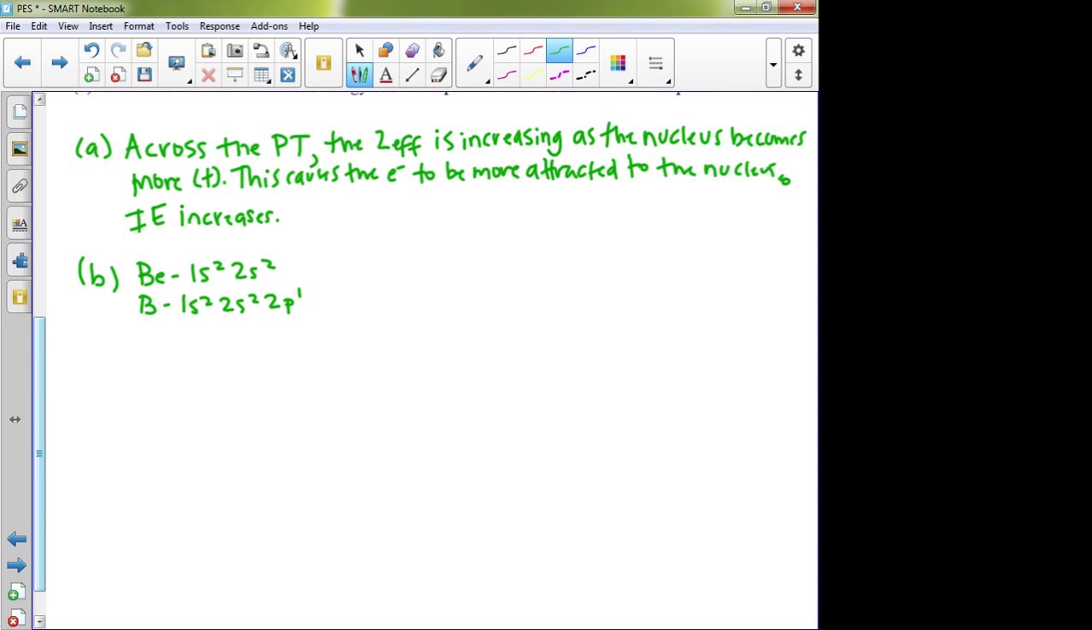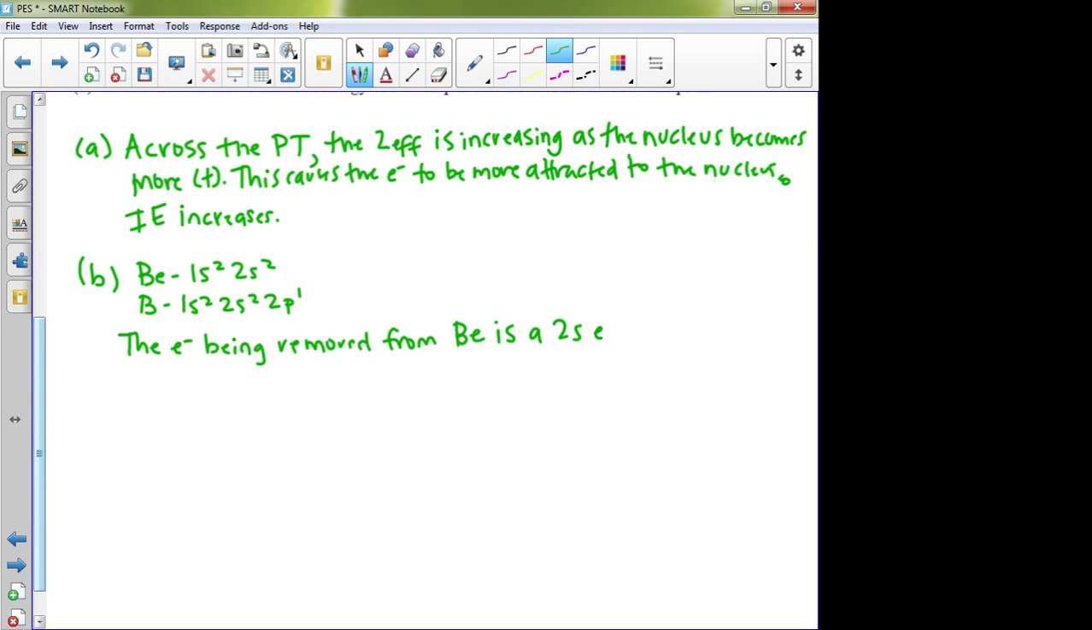No. And in fact, they're not even going to care that you wrote down the electron configuration. That's more for your benefit. It's honestly something I would do off to the side and then write my explanation. So I would say, all right, the electron being removed from beryllium